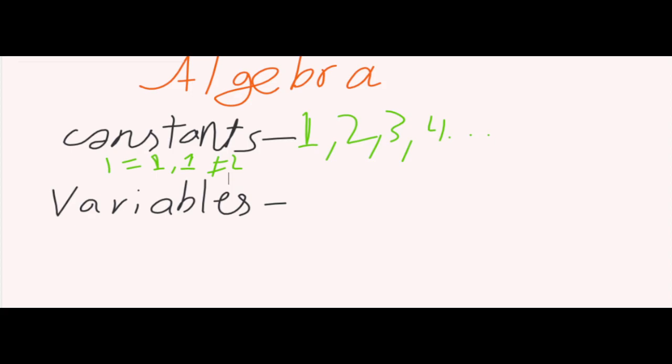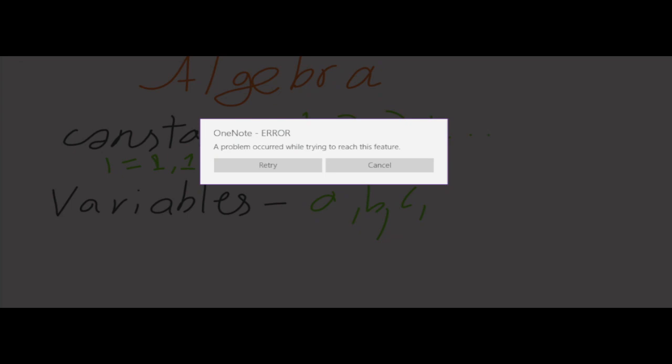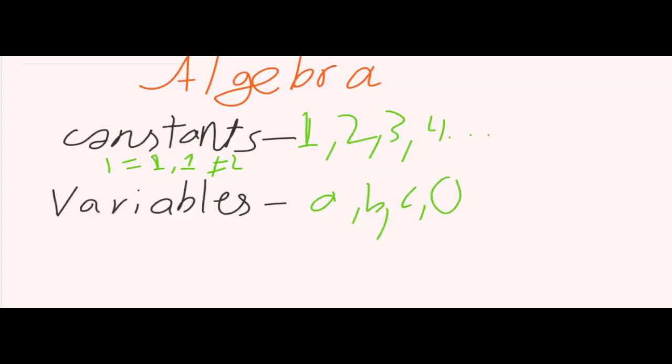And now for variables, we can assign variables by some alphabets, English like ABC, or Greek alphabets like theta, alpha and beta. Actually, the values of variables can change and values of constants will never change. Like from the name we can understand that value of constants remain constant and value of variables can vary.